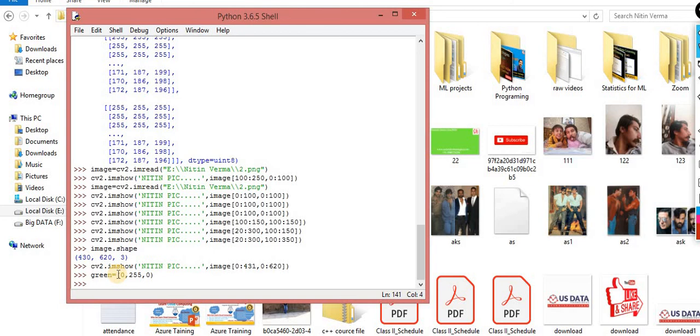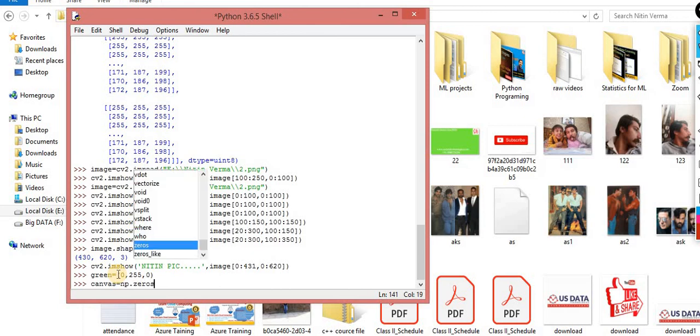Now what I am going to do, I am making a canvas, and inside the canvas, I use np.zeros. So what is zeros? It means everything is filled with zeros. What size do you want to fill with 0?